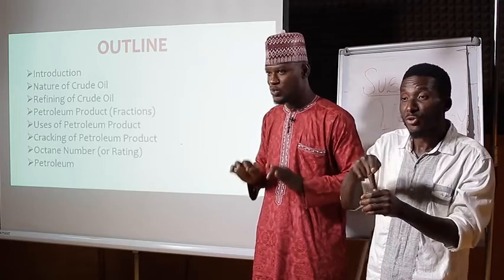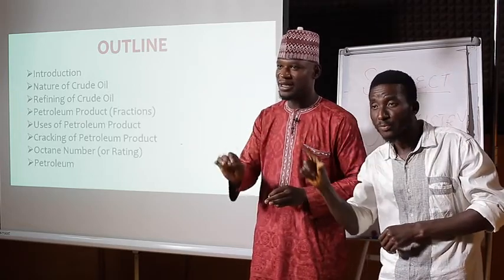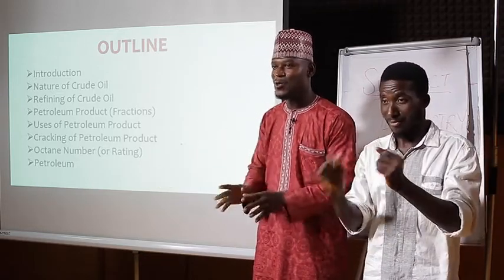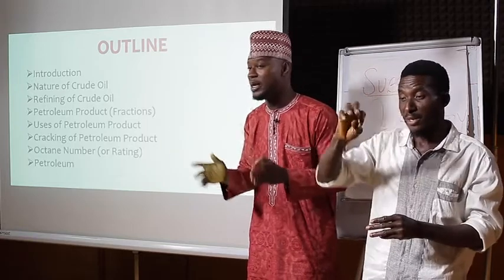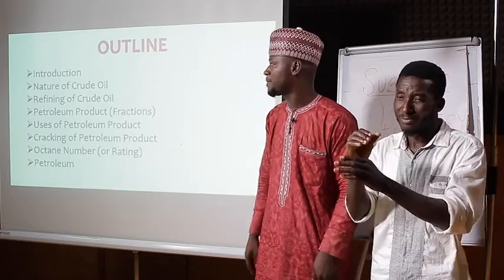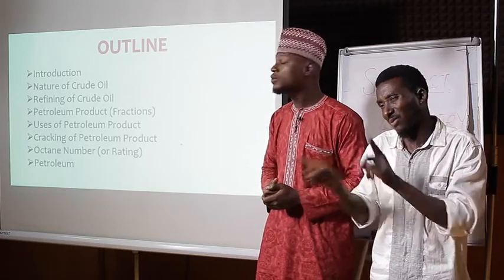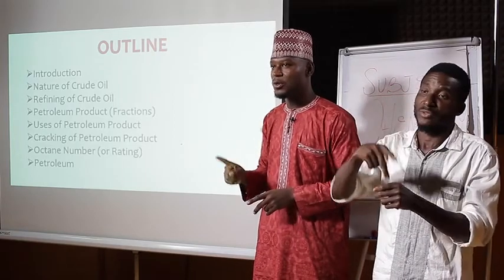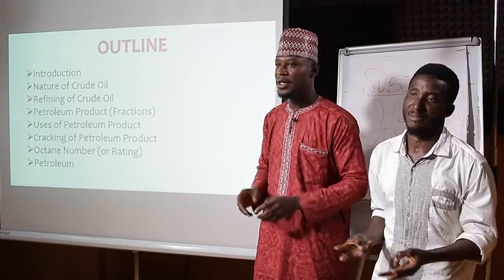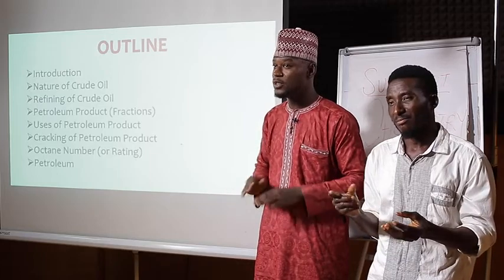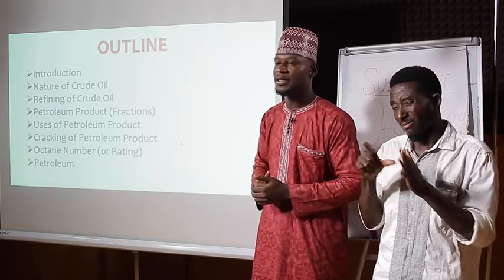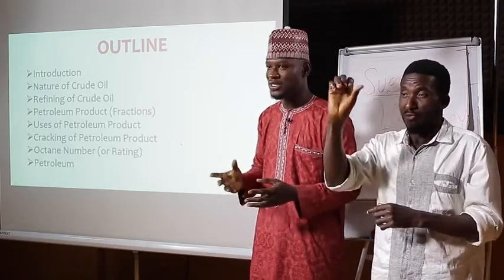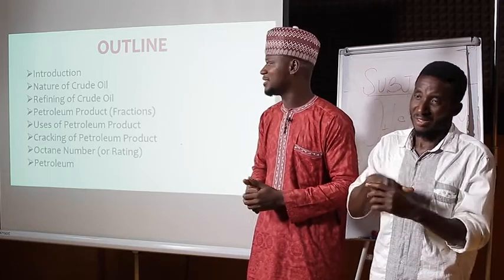Petrol is the liquid or the gas that we add to our cars and it will make them move, while petroleum is the mixture of all these gases that are contained together, which we separate by the use of fractional distillation. Now, under the nature of crude oil or petroleum, we have two types: the light petroleum and the heavy petroleum. The light petroleum has less sulfur in it, or no sulfur, just like the one we have in Nigeria, while the heavy petroleum has a large quantity of sulfur in it, which is also an impurity.